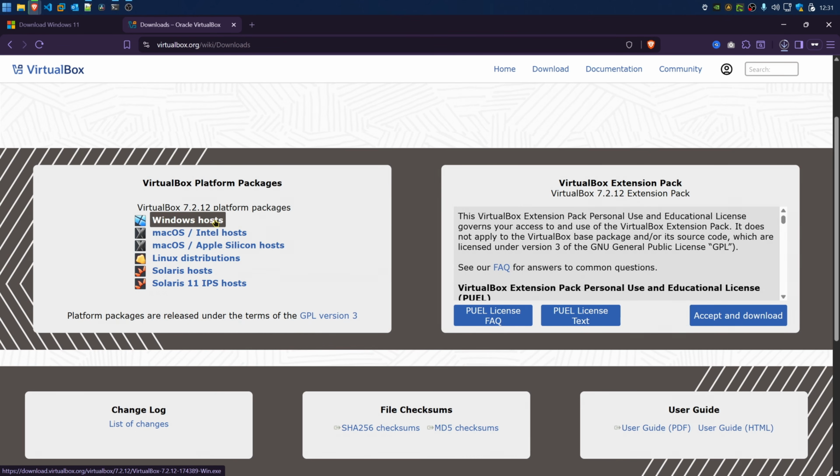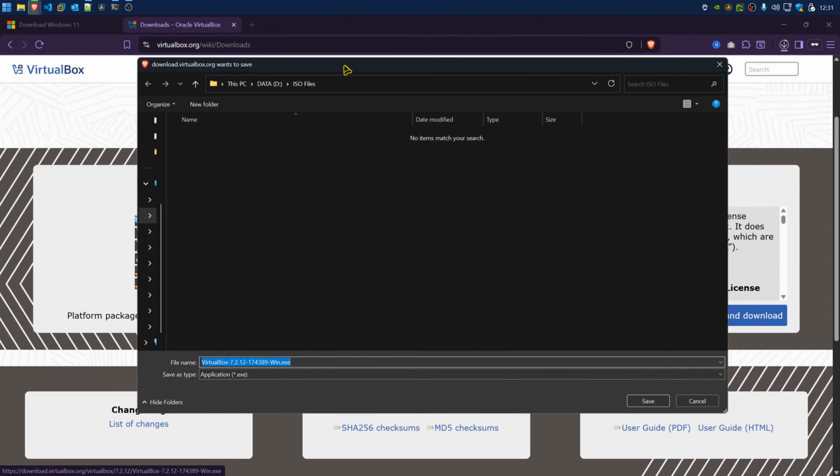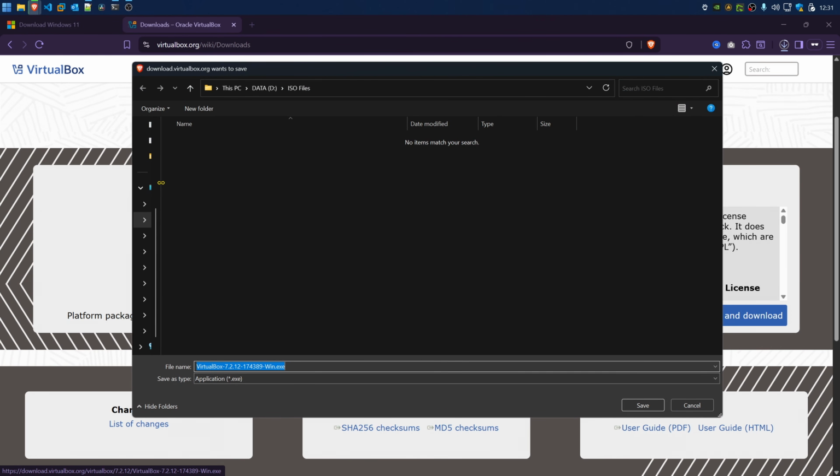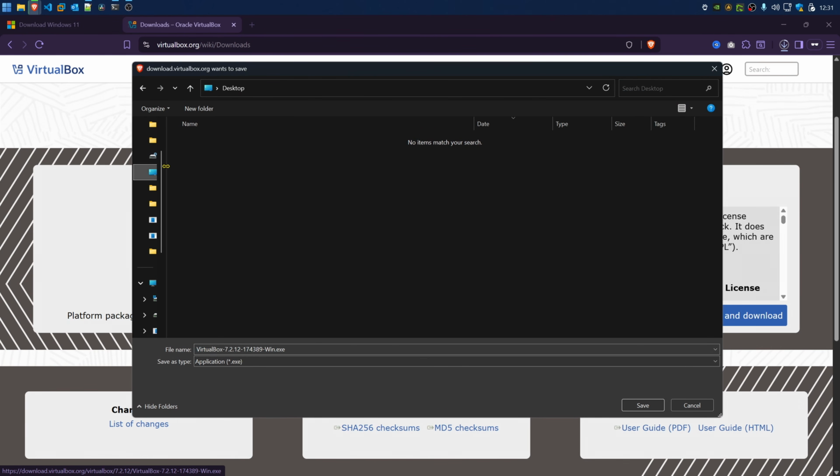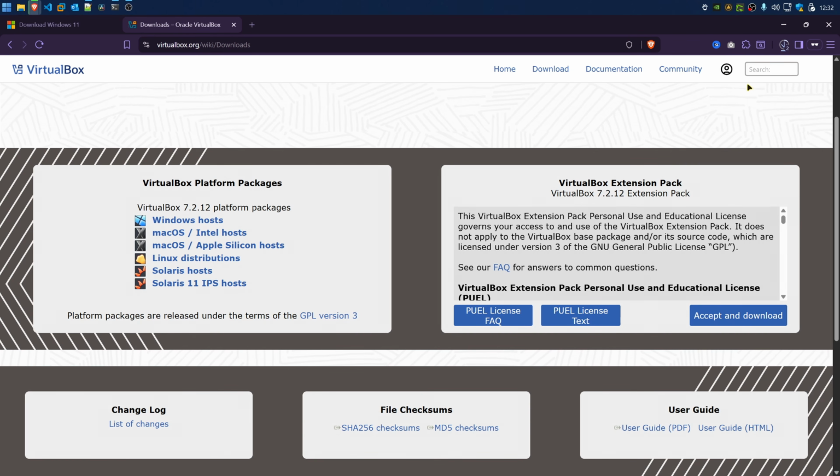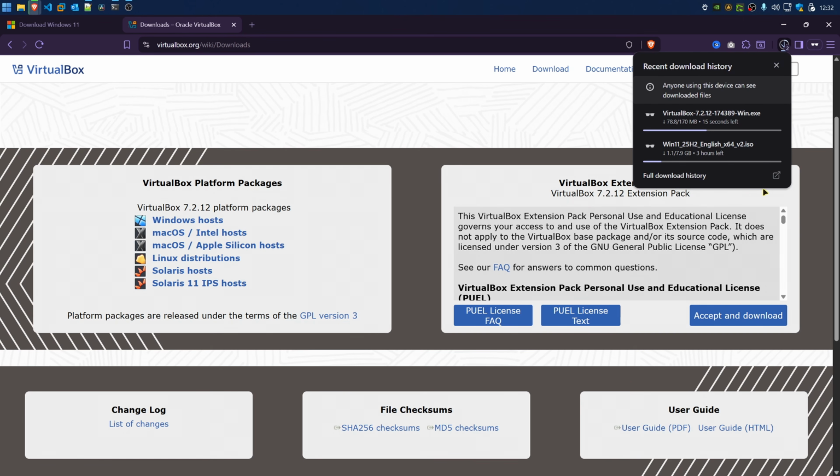Now, there are other virtual machine software out there as well. For me personally, I actually use VMware Workstation Pro, and I've got a video on how to download that. But ever since Broadcom took over VMware, even downloading it has become a mission. So that's exactly why I'm using VirtualBox for this guide, because it's free, it's open source, and it does everything we need. And if you already have virtual machine software you like, you can keep using it. Everything I show you inside of Windows works exactly the same.